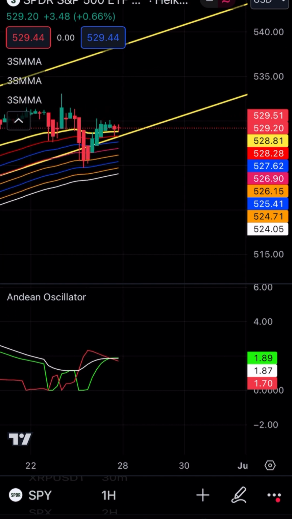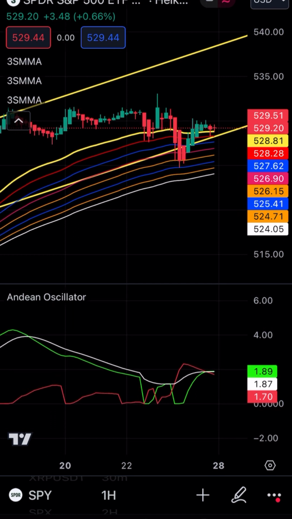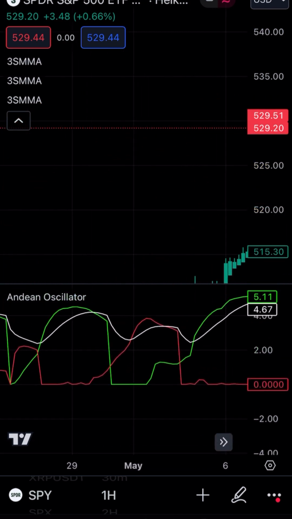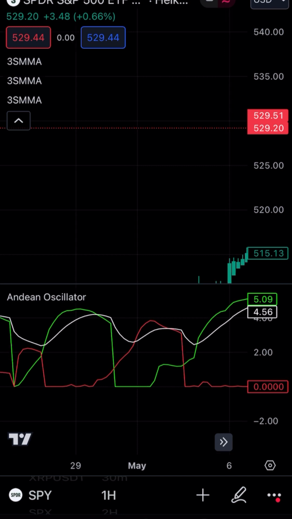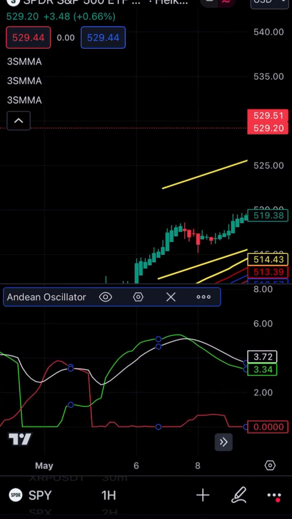And we want to focus on all the moments. Now this is very important. Now, if you watch other videos on the Andean Oscillator, they're probably going to tell you, well, just get in when the reds and greens are crossing, and just get in. Well, if I haven't said anything yet,